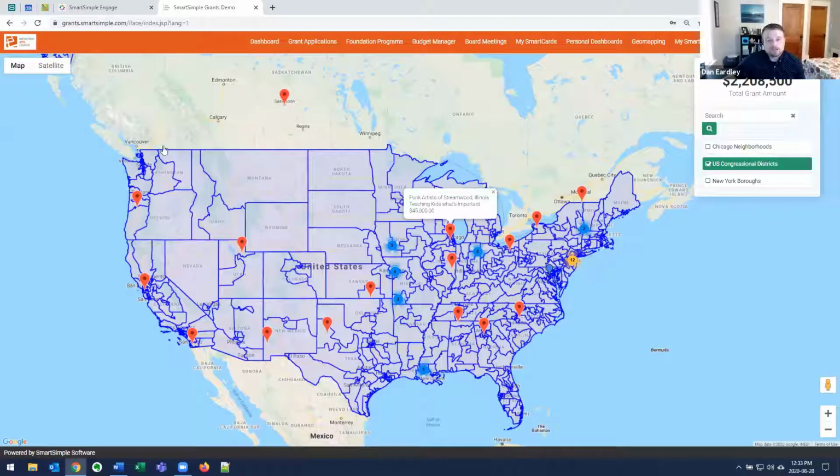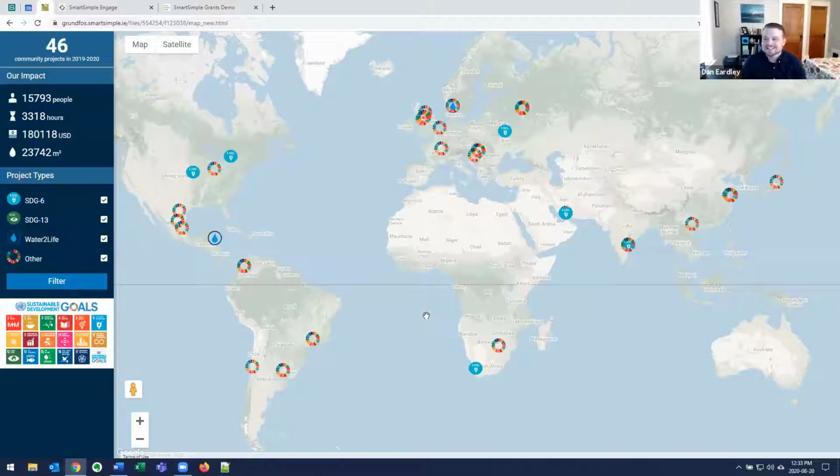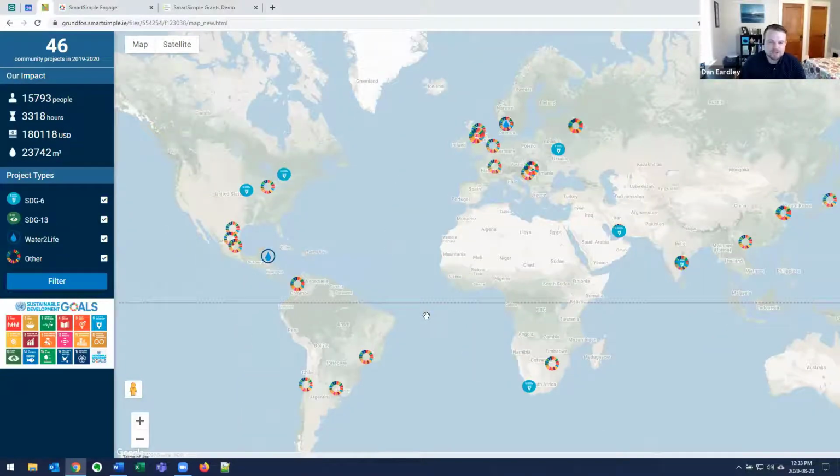So we have another map example. Actually, I think one of the individuals we worked with from this organization is on the call today. This was something that we custom built for one of our clients in Denmark to show where their volunteer projects were occurring globally. As you can see, they're very in line with that SDG model, those Sustainable Development Goals. So you'll see references to those and filters based off of that, so that they really wanted to be able to track all of that activity and take advantage of those capabilities within the Engage platform.